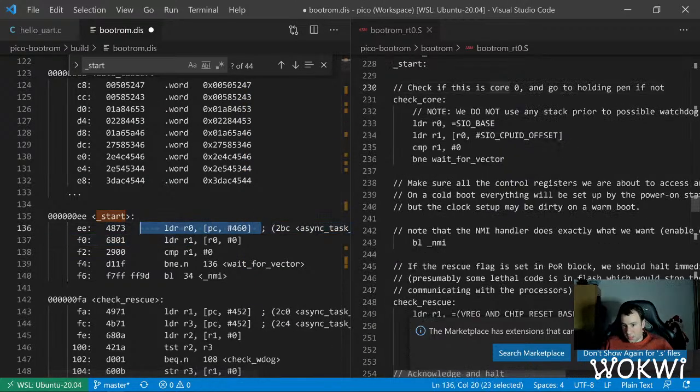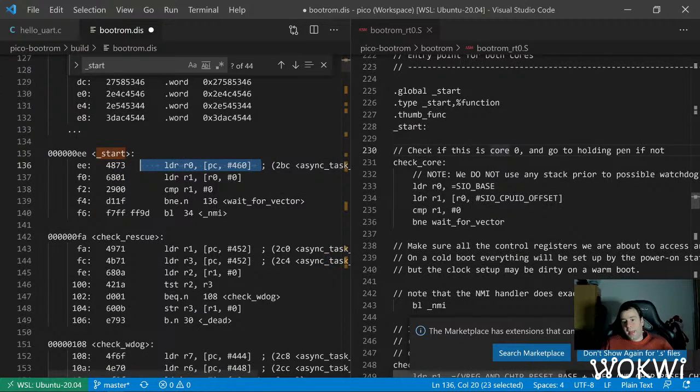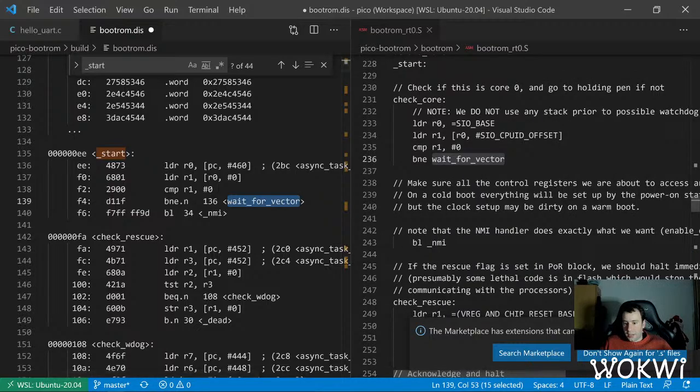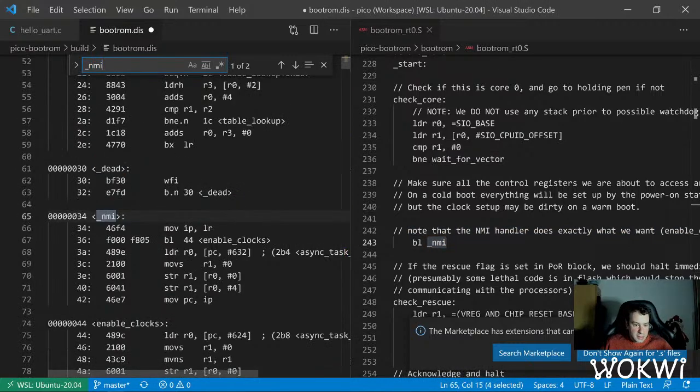So, yeah. So global start, and you can see that this is actually this. It loads this value, and it reads the SAO CPU ID offset, which is probably 0, compares it to 0. And if it's not equal, then wait for vector is probably that loop that keeps the core busy, like sleeping or something, until it has something to do. Otherwise, we are jumping to NMI. I don't know what NMI does,